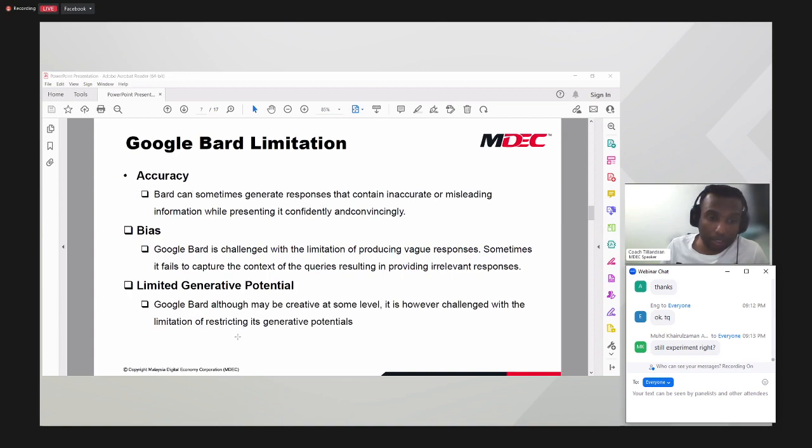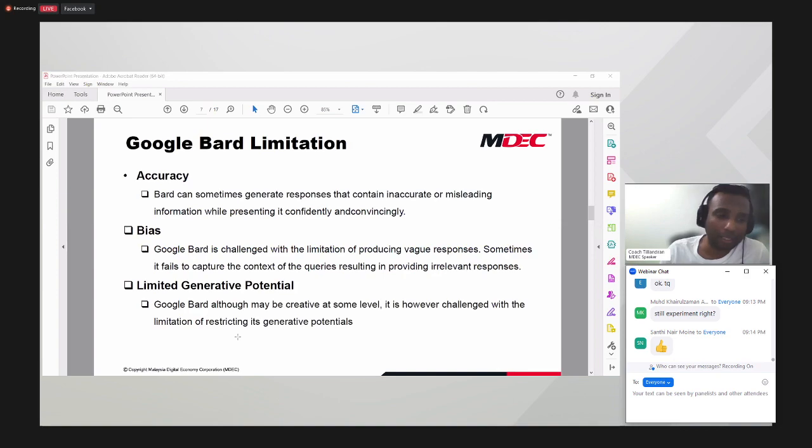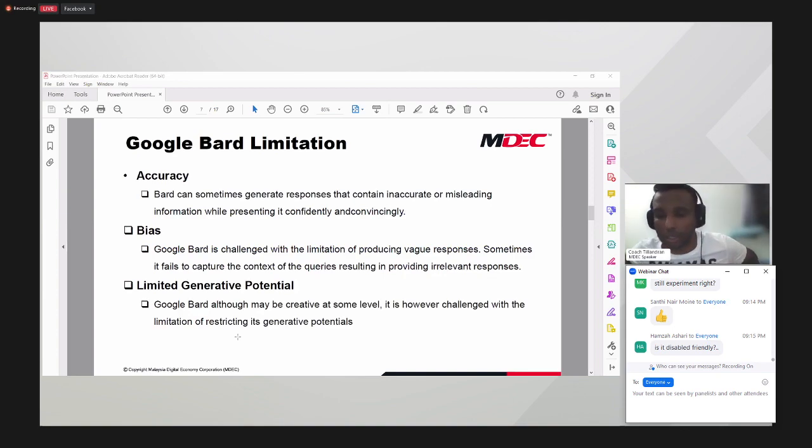Okay, we just see if there's any more questions. Okay, there's a question. Khairul Zaman, is it still experiment? Okay, so Khairul Zaman, of course, if you go to the website, Google Bard, dia kan mention is still in beta version lah. Tapi it's ready to be used fully because currently it's already rolled out in majority of the countries. Kalau you all ingat, when Google Bard was developed, right? It was only available in the US and UK at the start, and then after that, they started expanding the use of it to other countries.